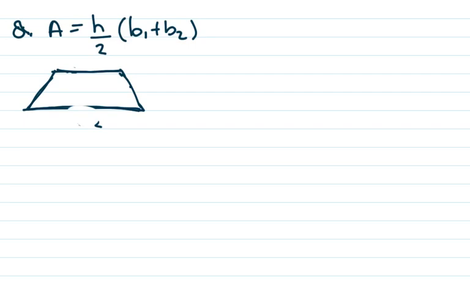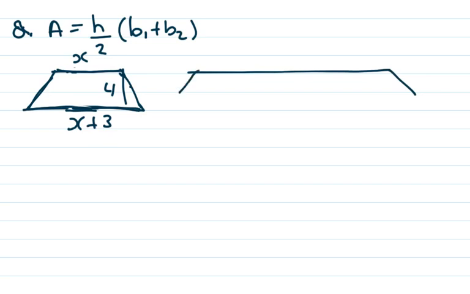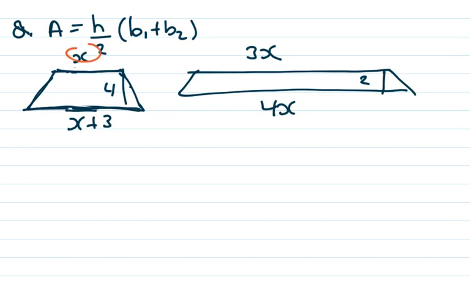Right, so in this case here, I have x plus 3 with a height of 4, and then I have 3x, 4x, and a height of 2. So I need to determine the length of all four bases if they have the same area. So the area of the first one, let's number them, 1 and 2. The area of the first one,